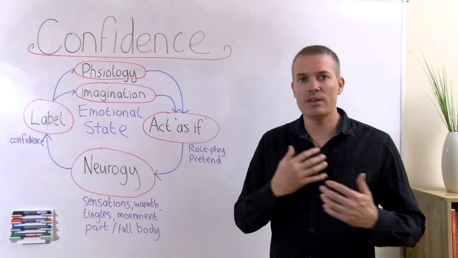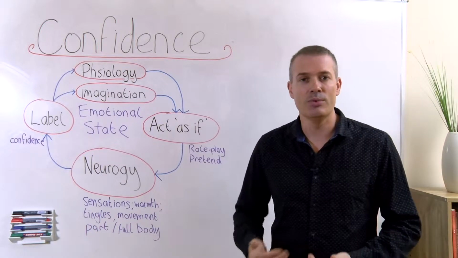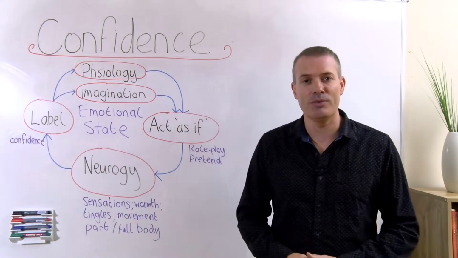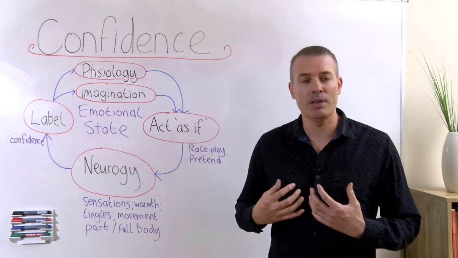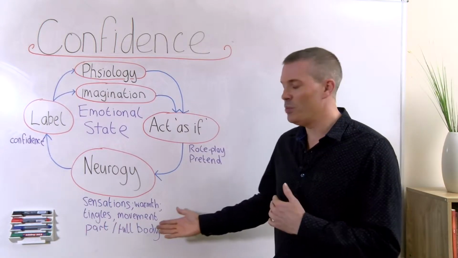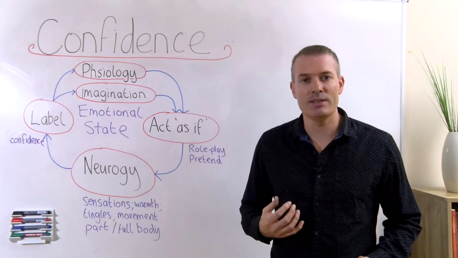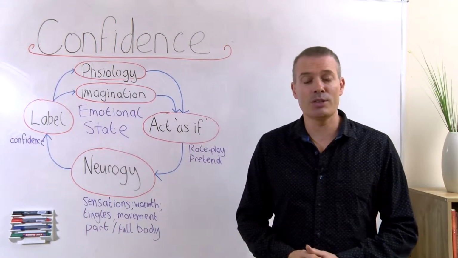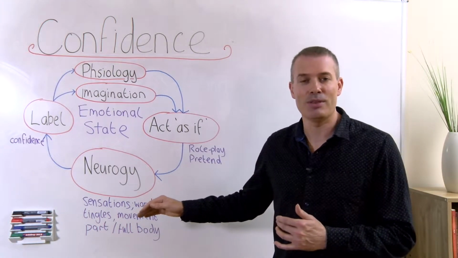Perhaps they are located in a certain area of your body, but then the more that you engage in the imagination and the physiology, the more that you act as if, they can then start to travel down to the tips of your toes, maybe back up to the top of your head. And they could also be part body sensations, they can remain in one place, or they can end up becoming full body sensations. Often when we can get a feeling, a sensation, and make it into a full body sensation, that's often when it starts to transform into a mood and it becomes something that we experience for a lot longer rather than just being in the moment. That's ultimately where you're heading with this, by the way.